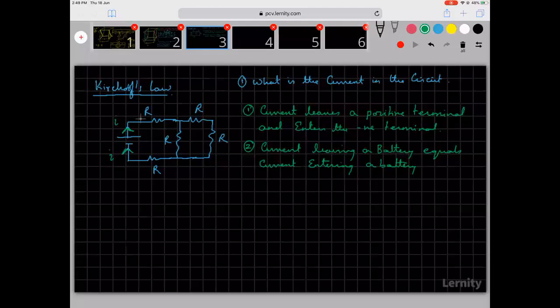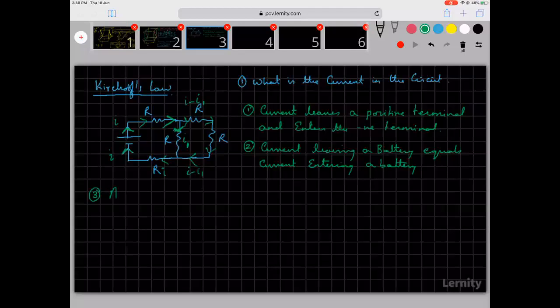So this is current I going this way. If I is going this way, the current here will be equal to some I1, because I don't know what it is, I wrote it as some I1. So I is coming this side, I1 goes this way. How much will be going this way? I minus I1. Same I1, same I minus I1. What will be here? I minus I1 plus I1 will become I.